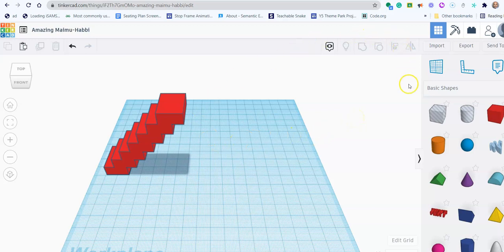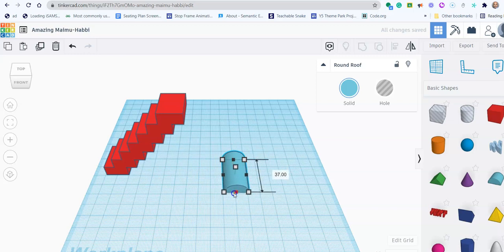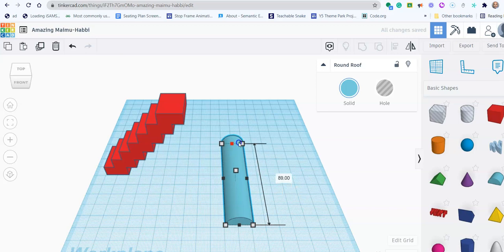Okay, so I'm going over to the shapes section here, and I'm going to use this tool here, the round roof. So I'm going to drag that here onto my work plane, and I'm going to make it a bit longer, like that. So remember, you drag these squares that are called handles, and as you can see it's actually